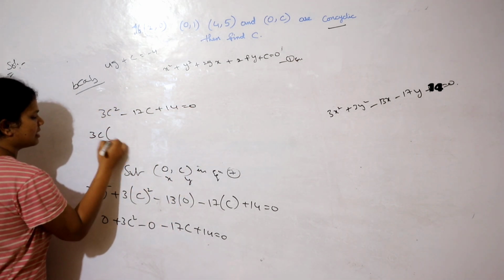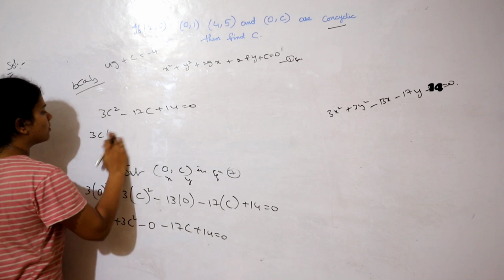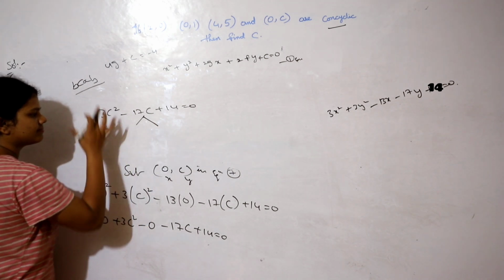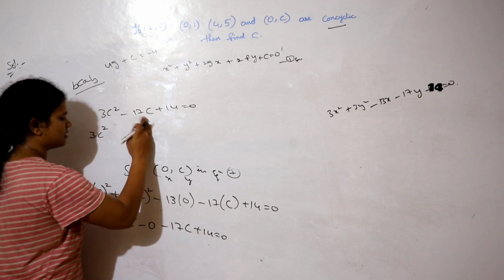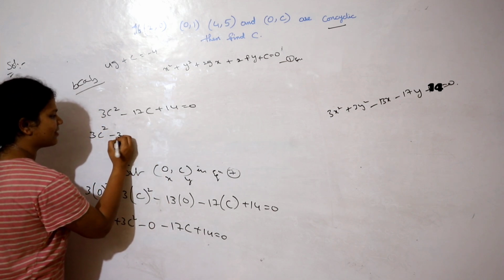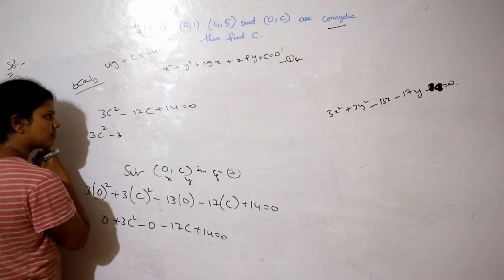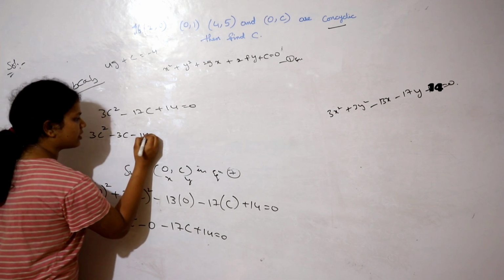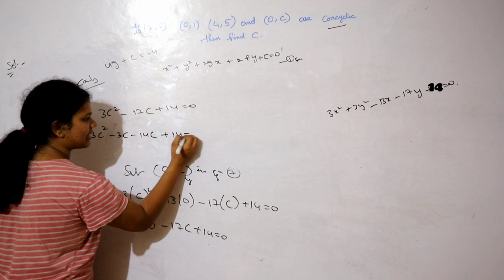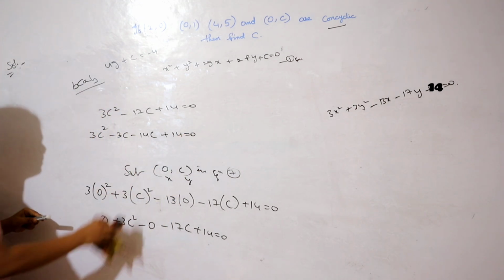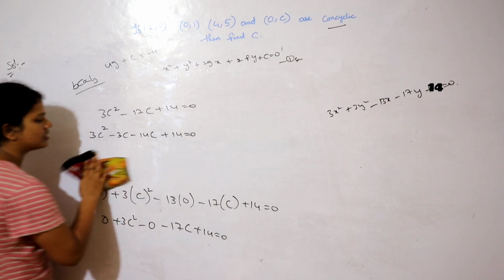So take 3c and, don't take like this. You try the splitting, factorization method. I think now I got it. Factorization method: 17, 14. 3c square minus 3c minus 14c plus 14. You can write like this, because this is something like common. So this is known as the factorization method, guys.